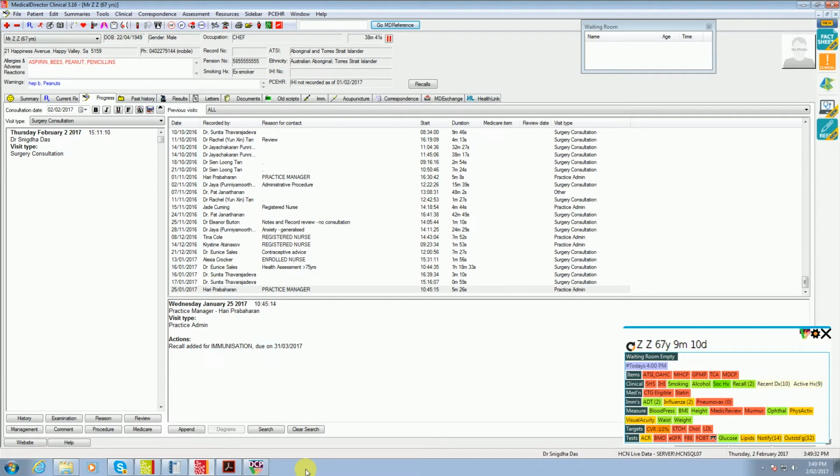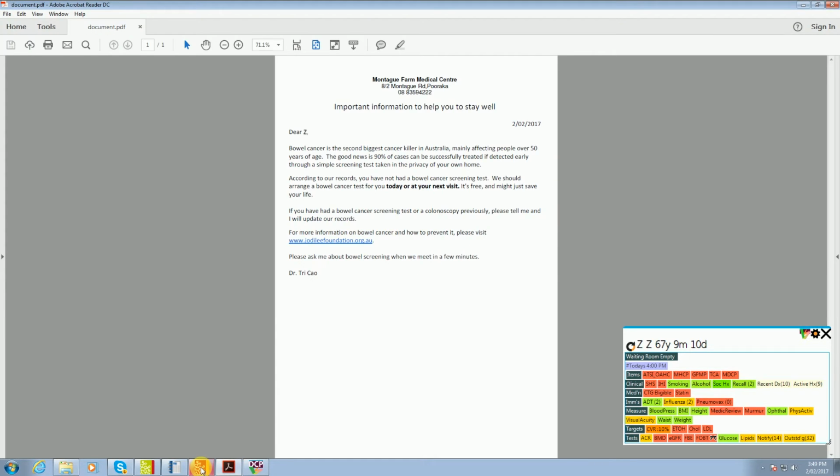And when patients who meet those criteria are marked as arrived for a consultation, then a sheet will print that looks like this one we prepared earlier, and you can see the text there is written in language that the patient can understand. It tells the patient what we have in our record about any previous bowel cancer screening tests,